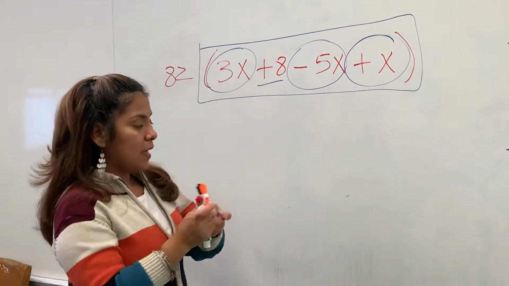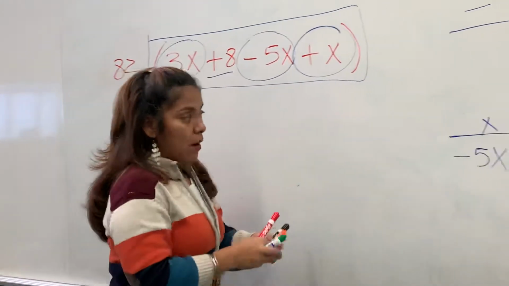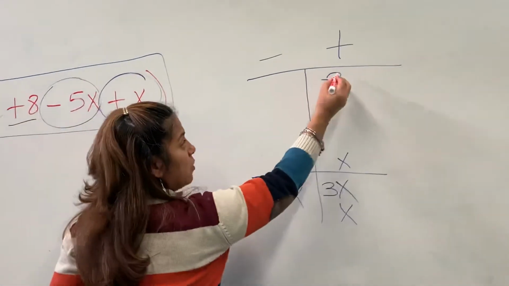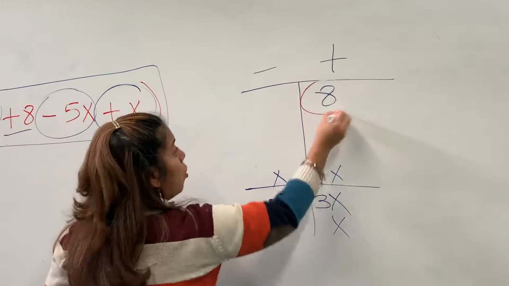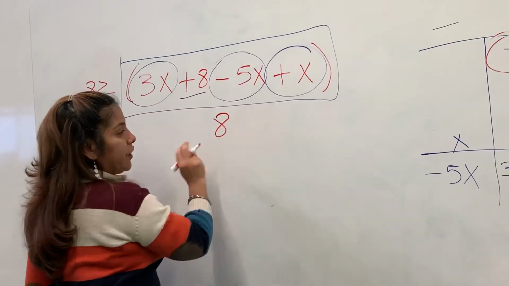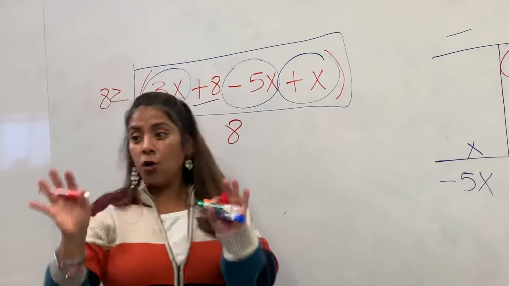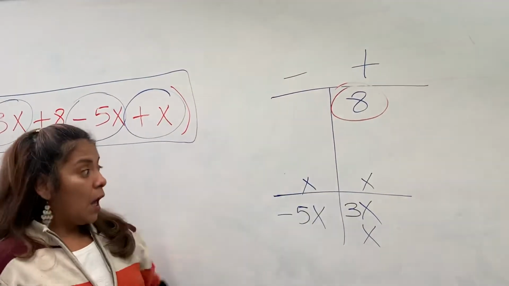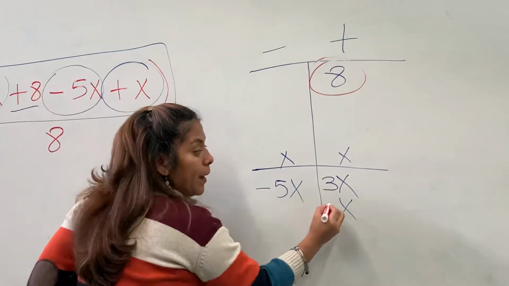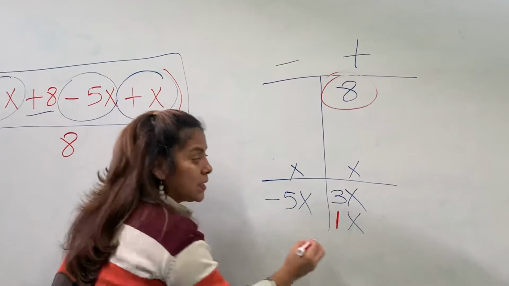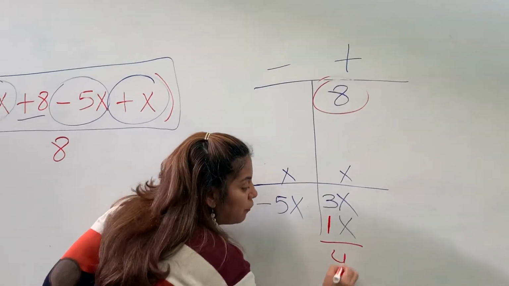So now in this case, this is what I have. I'm going to start with my a. It does not have any like terms, so my a will go exactly the same way that it's there. I'm going to rewrite my a right here, exactly the same way. It's not going to change because there's no other like term for that. Here I have positive and positive. I know that I have an invisible 1 in front of that x, and that will give me